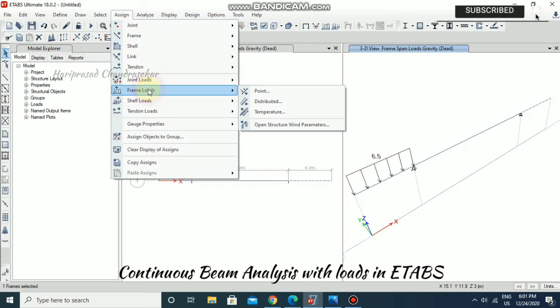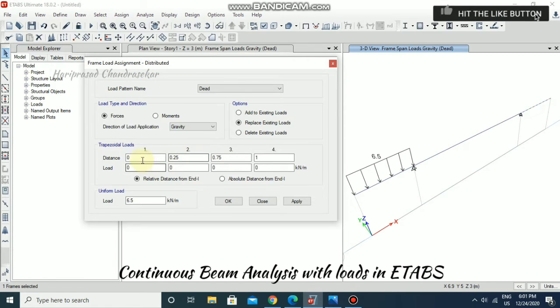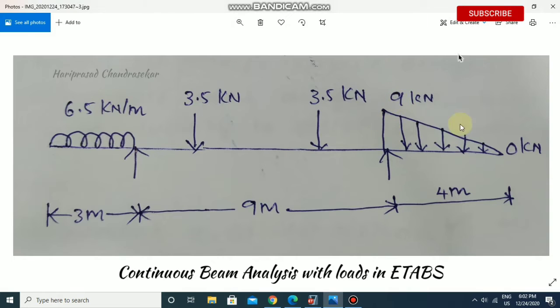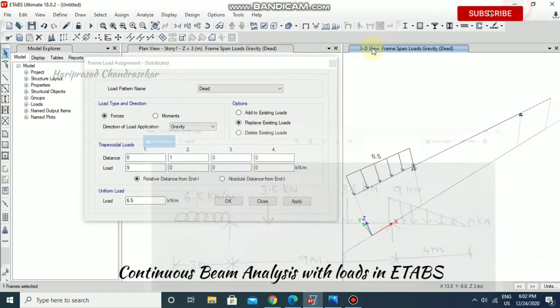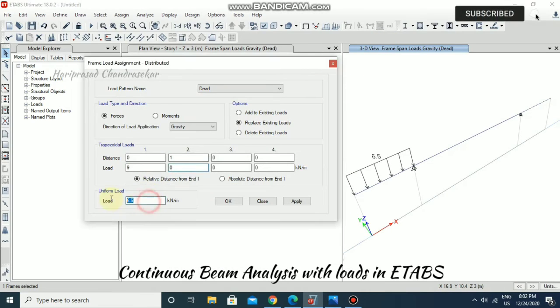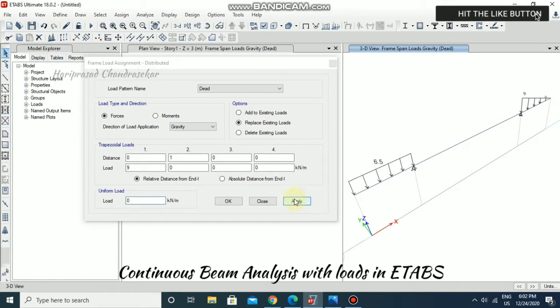And then for this beam, assign frame load distributed. Now I am going for trapezoidal loads. At 0 I need 9 kilonewton, and at 1 I have 0 kilonewton. So we put 0 here and then apply.